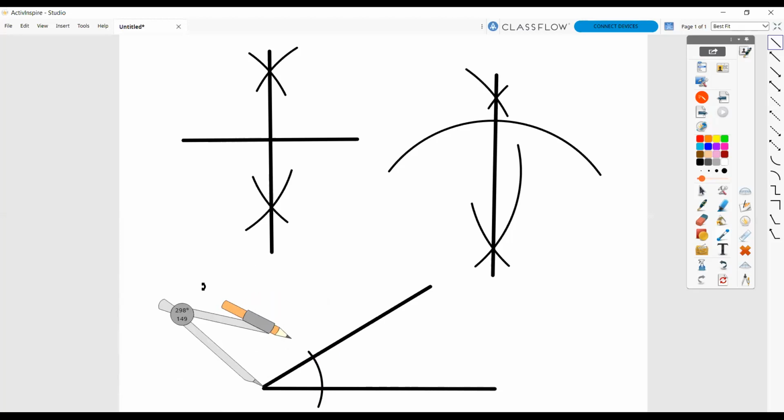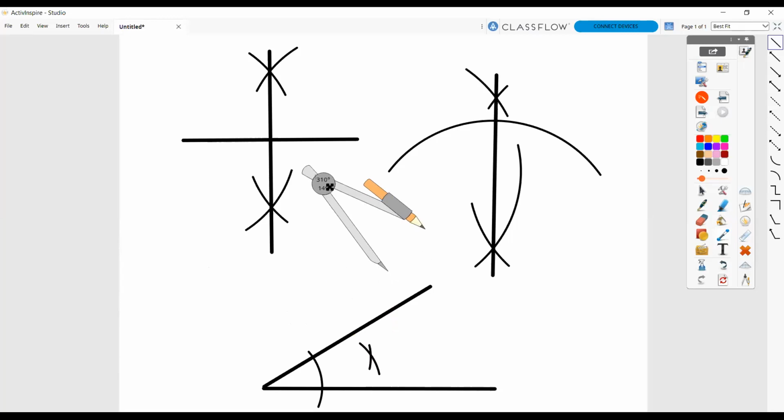See, यहाँ से जैसे arc बनाया, right? For the bisection of angle, then after set the compass at this intersection point. Then just draw the arc like this, in the air over here. Then after set the compass at this point and intersect the first arc. Okay, intersection like this.